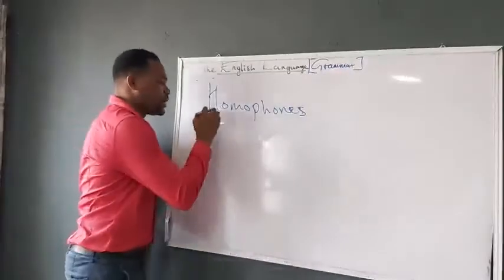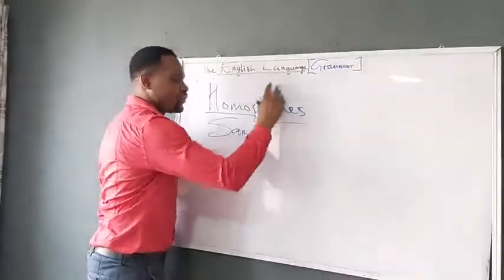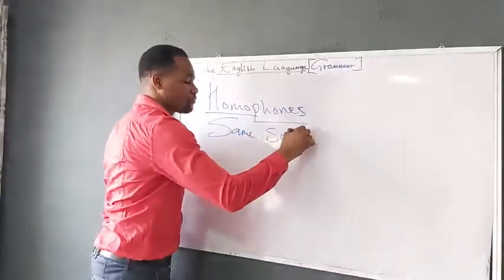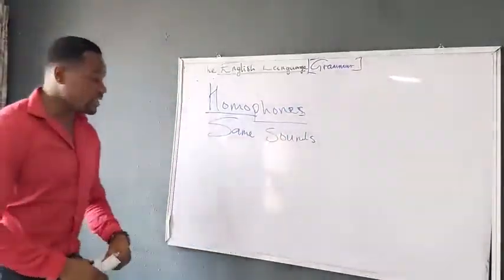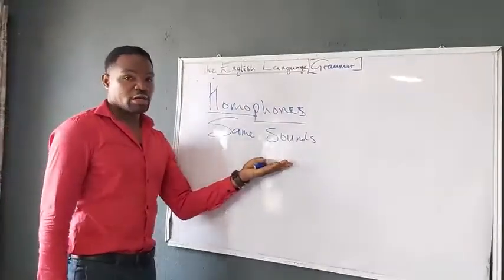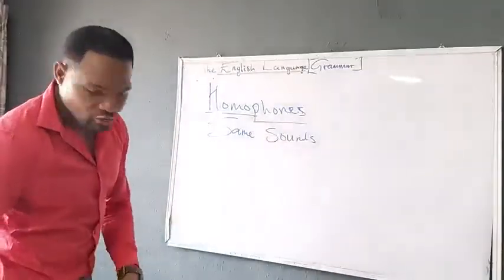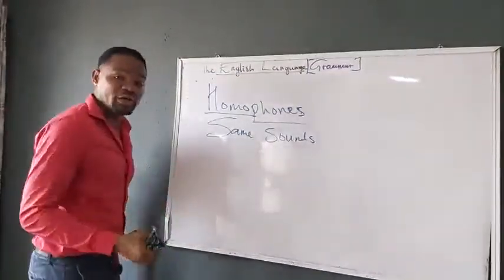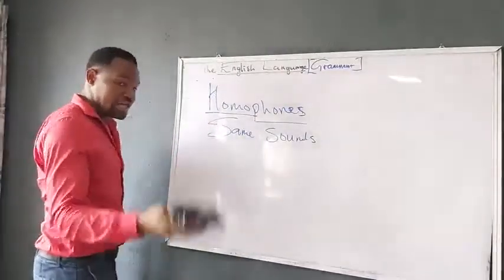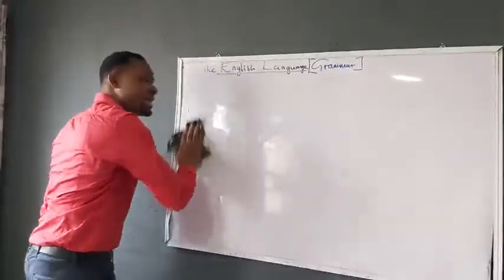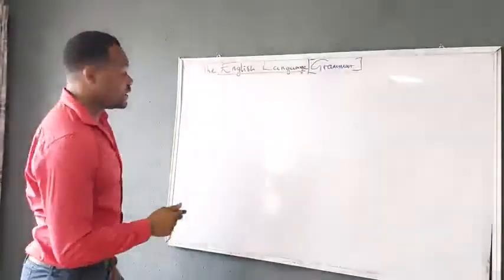Because homophones are words. Homo means same, and phones means sounds. So same sounds. Homophones are words of the same sounds, like what we just put in now, shaman. Most non-native speakers always have problems with homophonous words in languages. So look at this. I saw this question in a particular exam.